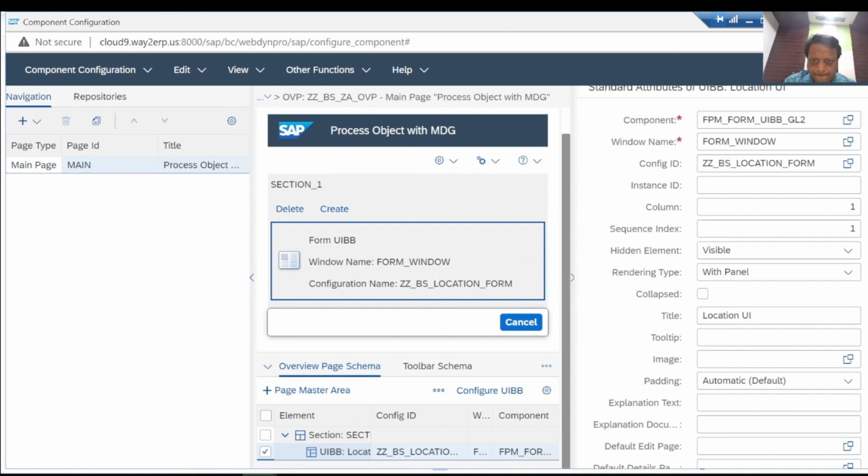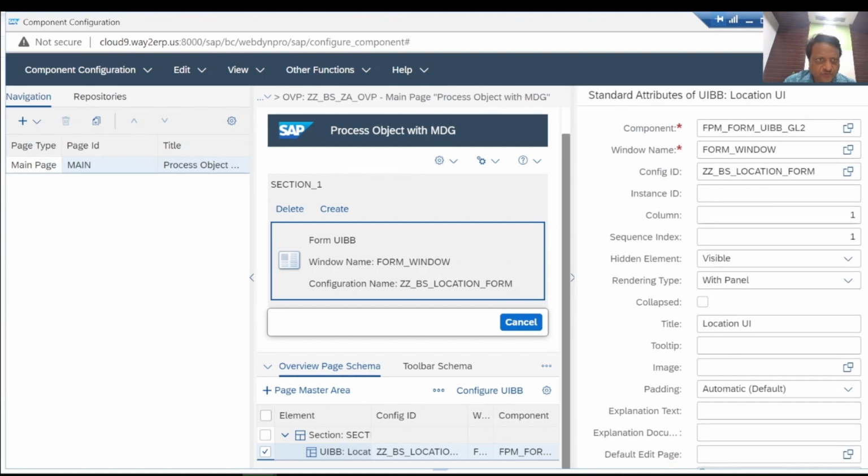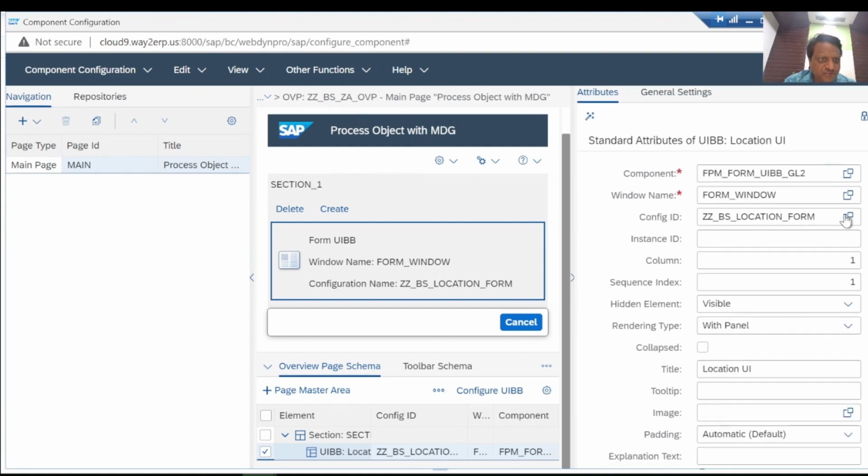So this layout is defined with this name, config ID ZZBS location form,